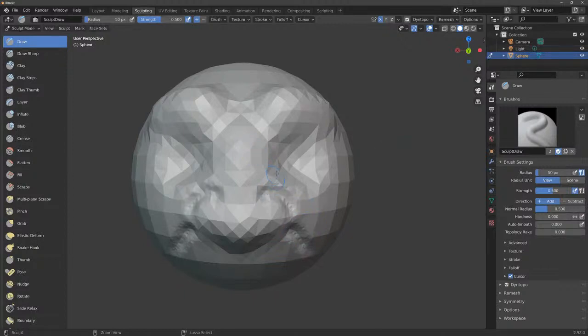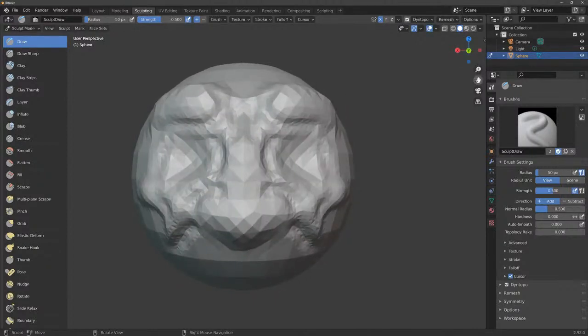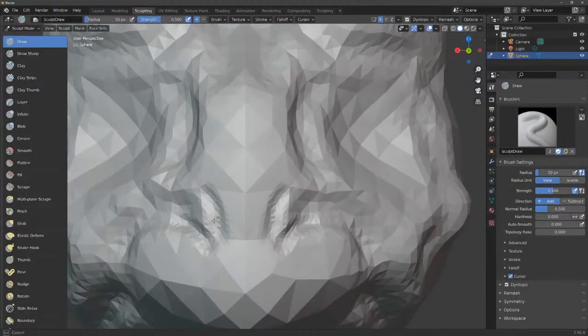So we can carve a little bit of nose stuff happening here, around the eyebrows. And then we can start to build up these subtler details that we maybe didn't have earlier. And then we zoom in again, and all of a sudden, we've got these tiny little details, and we're starting to actually carve in stuff